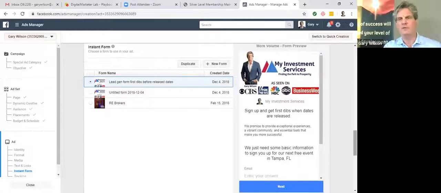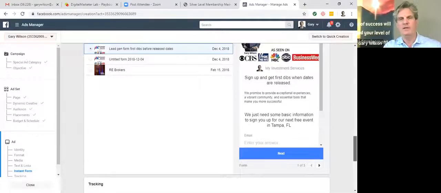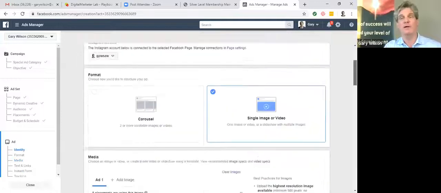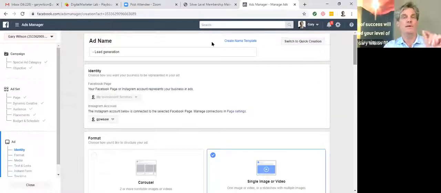Instant form, we're not going to do that. But essentially, you're getting to the point now where you've actually got to hit the enter key and you're going to actually pay for it. But we're not going to do that because I'm just showing you this. What I want to do right now, though, is go back, start over again,